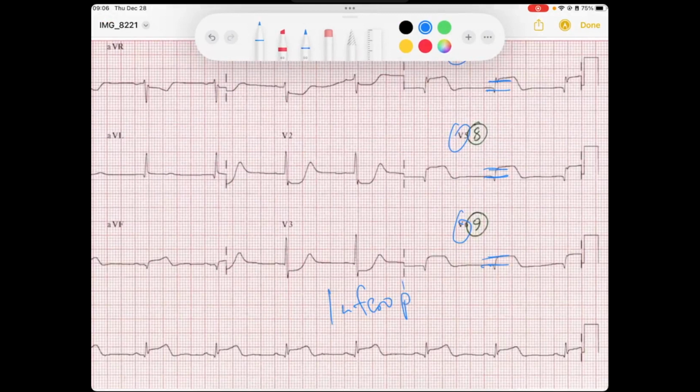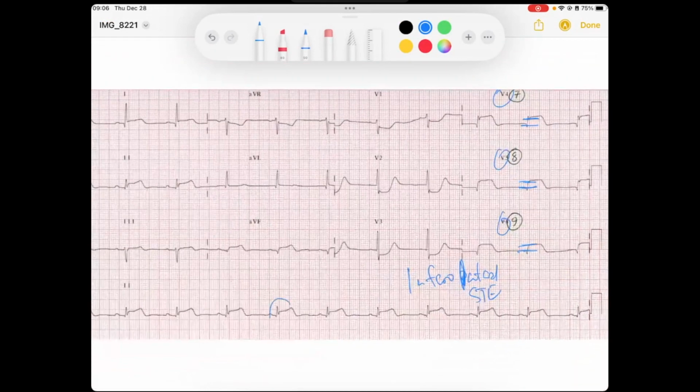And so we already said that we have inferolateral ST elevation, which is evidenced by our inferior leads, lead 2 and AVF, lateral with lead 1 here, and the V5, V6 that we saw in the other leads. But now we have posterior, evidence of posterior extension